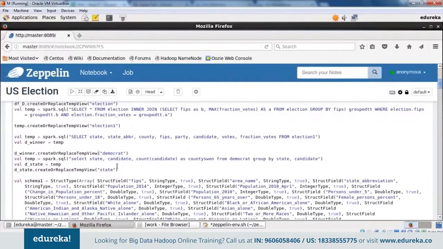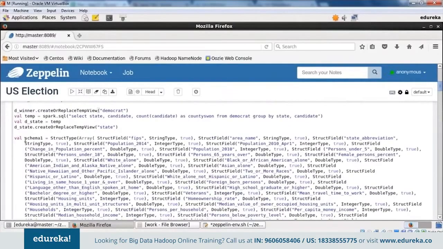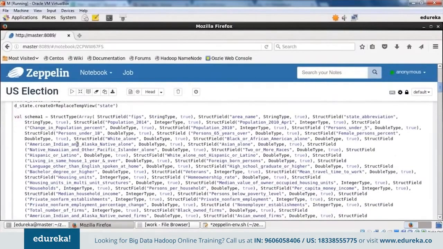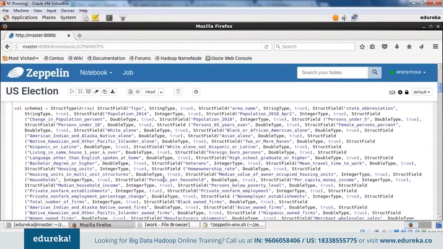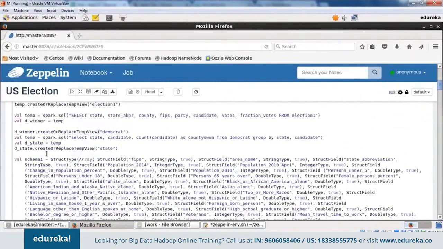First thing, again, you have to define a schema, and this time I'm naming that schema schema1, since we have almost 54 columns, so I have to define all those 54 columns. You remember what each of those columns contains. This is exactly what I have done, and I don't need to go through every line, but like I already told you how to define a schema, you can have the code in your LMS so you can take a look at it.